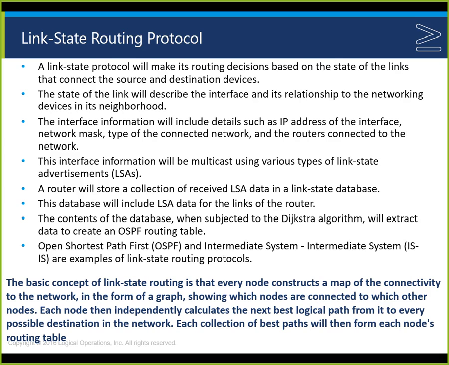And maybe the Wikipedia down here, the basic concept of link state routing, and then we'll look at the rest of the bullets, is that every node constructs a map of the connectivity to the network. So it constructs a map, and from it, in the form of a graph showing how the nodes are connected to each other, each node will then independently calculate the best logical path. So they get the network topology, the entire topology, and then from it, based on the state of the links, and each is going to use its own